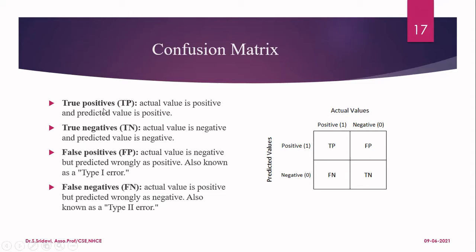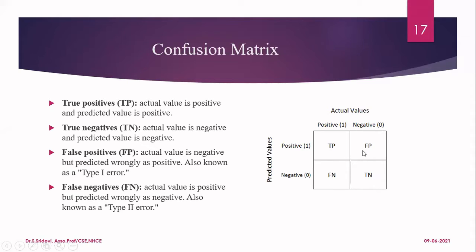Then what does the second term indicate? It indicates how it is predicted by your model. So true positive means it is originally true, and my model is also predicting it as true. That is true positive. So the actual value is positive, and your model is also predicting positive. Now, what is true negative? True negative means the model is predicting correctly and the output is negative. That means the actual value is negative, and your model is also predicting that as negative. So here we have true negative. Your actual value is negative, that is the 0 class, and your model is also predicting negative. So this diagonal holds the true values, either true positive or true negative.